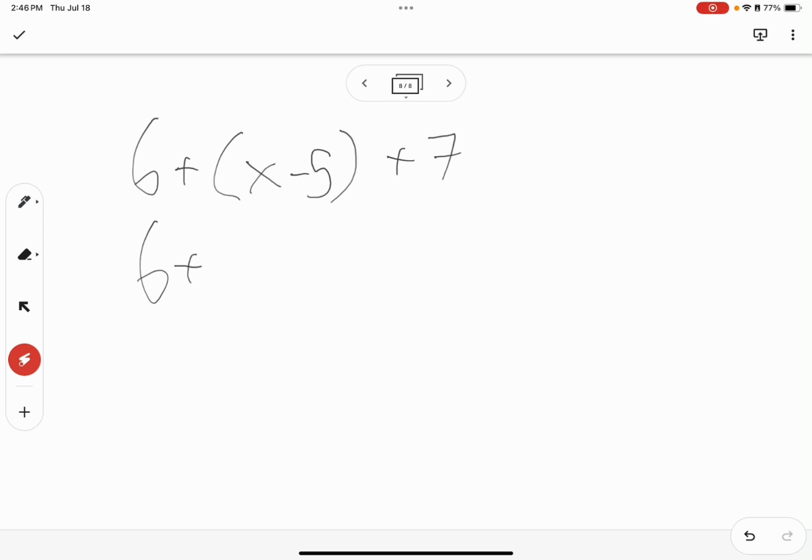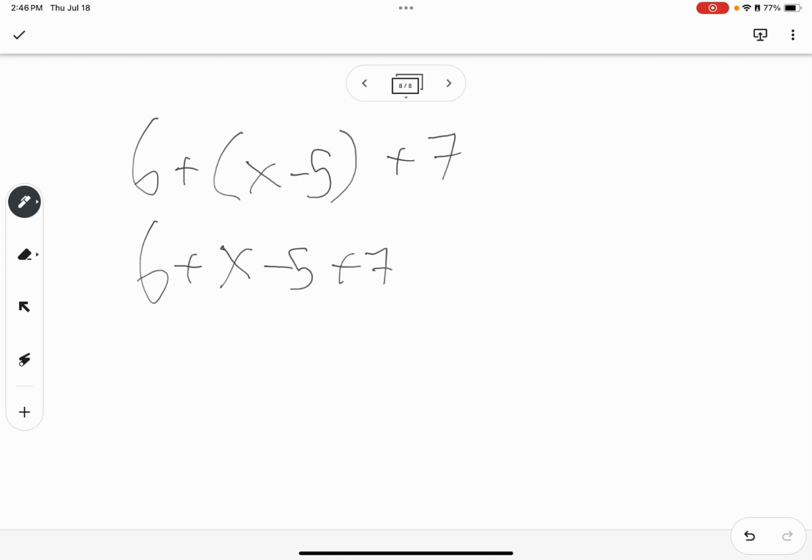We just look inside the parentheses in order of operations. Can we do anything more? x minus 5 is the most we can do. So we can drop the parentheses now and just write x minus 5, bring down the plus 7,